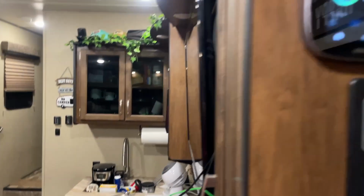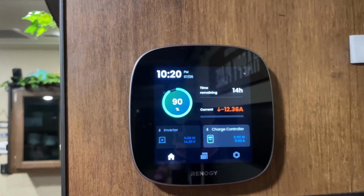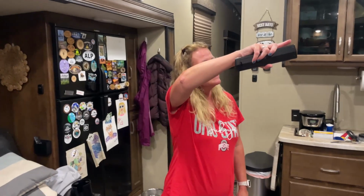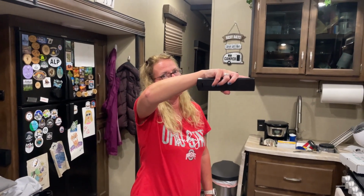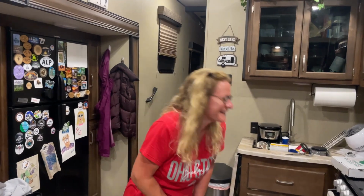I wanna know how much juice the TV uses. All right. Well, right now we are currently pulling 12.36 amps. So turn it on. I feel like it's not a lot. Does it matter what's on the TV? Like if it's sports, does it use more than if it...